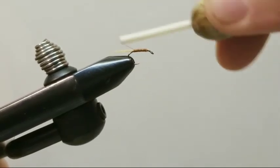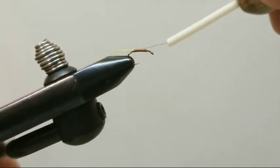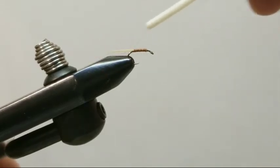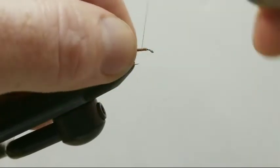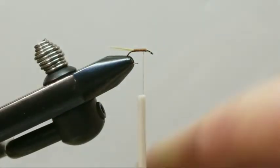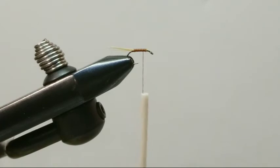All right, so I'm just going to take a wrap underneath those tails. I take another wrap underneath those tails, and we'll continue our way forward. All right, right at about that one-third, two-thirds point,